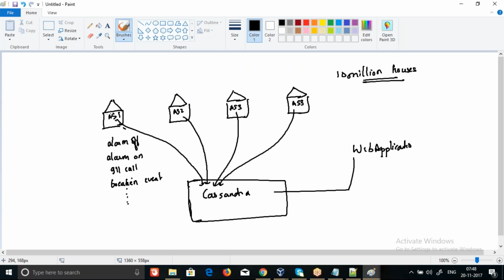Whether all the data from one home will go to one system, or whether all the events from some three houses go to one system, how the data will be distributed. That we have to see in the case of Cassandra. But these 10 million records,